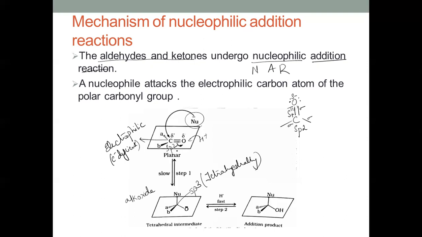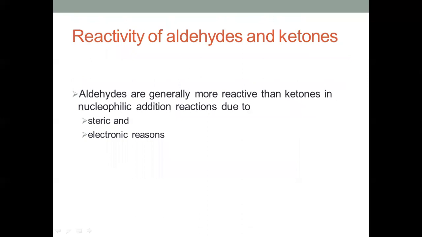oxygen atom. Yes, so this is a net result where we are calling it nucleophilic addition, because the nucleophile will attack this electrophilic carbon, and an addition reaction is occurring, where the net result we can see is that the Nu minus adds onto this carbon atom and H plus adds onto this oxygen atom. This is how this can be explained, right?